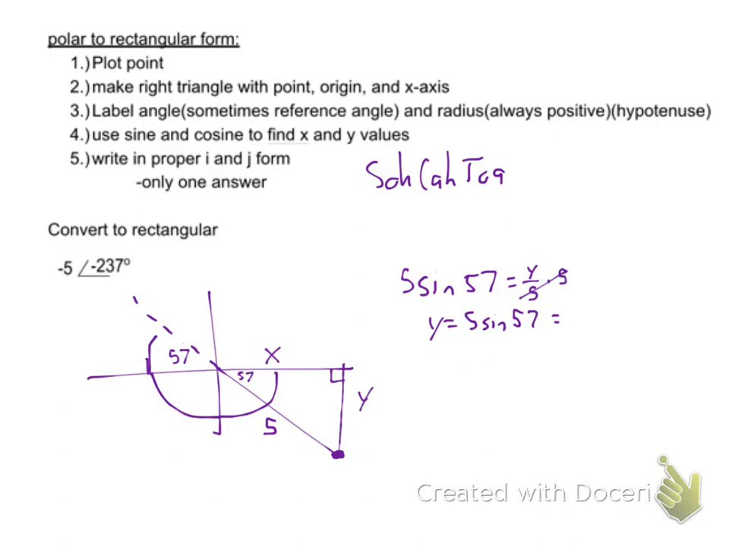5 sine 57 is equal to? 4.2. What if I did cosine 57? What's the ratio? Adjacent over hypotenuse. What's adjacent? It's x over 5. Multiply both sides by 5. X equals 5 cosine 57, and that happens to be